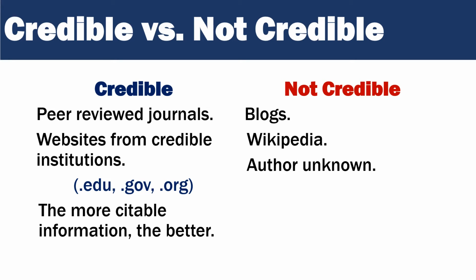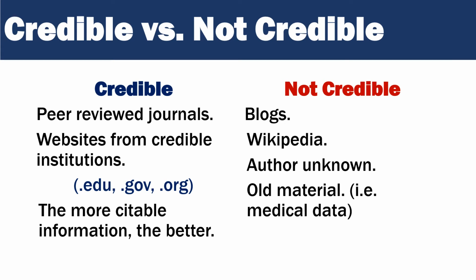Author unknown. Most people who write anything want recognition for it, so if there is no author, you must consider why that is. However, sometimes you'll find on larger websites that the articles do not have authors. When that happens, you need to consider if the website organization itself is the author. For example, you will see this sometimes with sites like history.com and government websites.